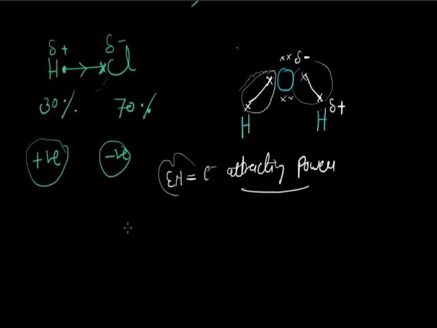If we take the example of CH4, here the 4 valence electrons of carbon are shared with the valence electrons of 4 hydrogens. But the bond between C and H is not polar. It's a completely non-polar bond, since in that case the EN difference is not sufficient. Although carbon and hydrogen have an EN difference, that difference is very small. Therefore, the bond pair or the shared electron remains between carbon and hydrogen. That's why this C-H bond is called a non-polar bond.